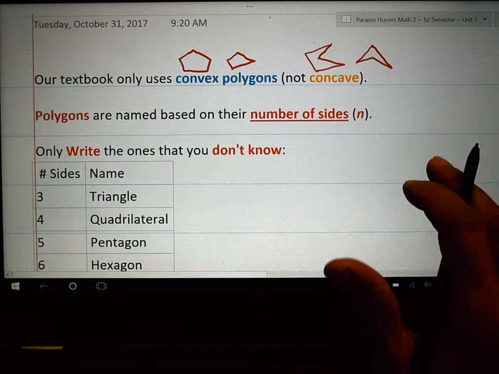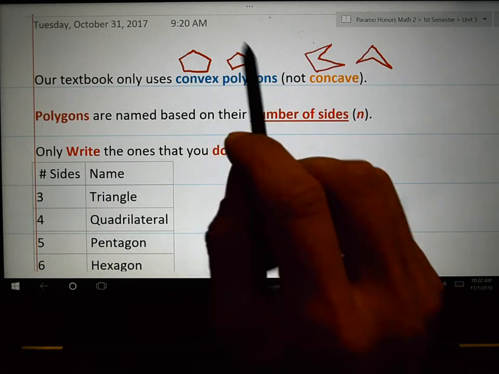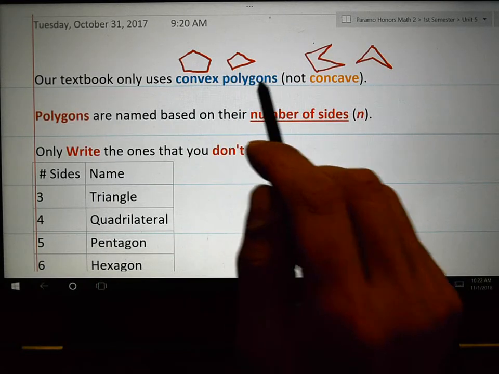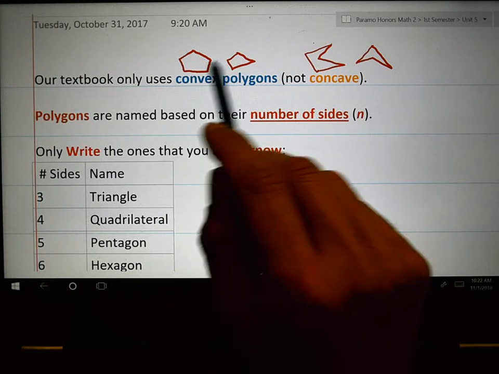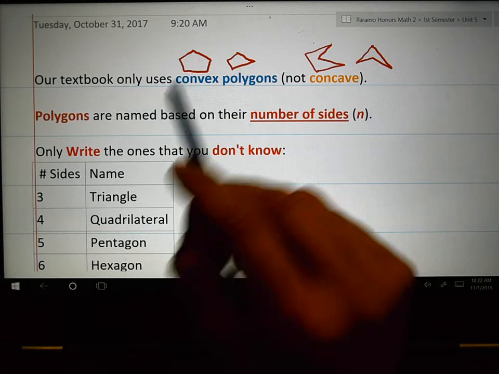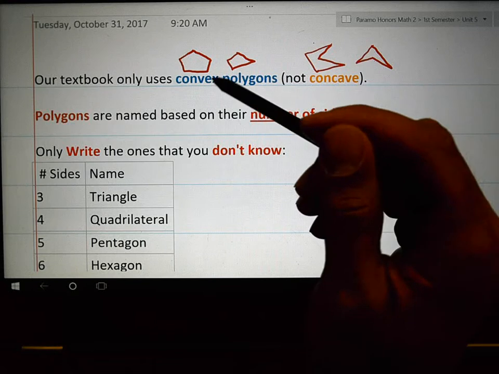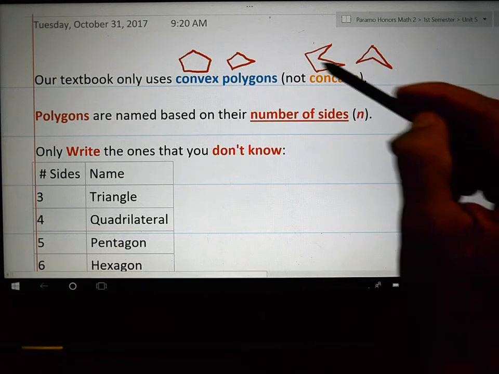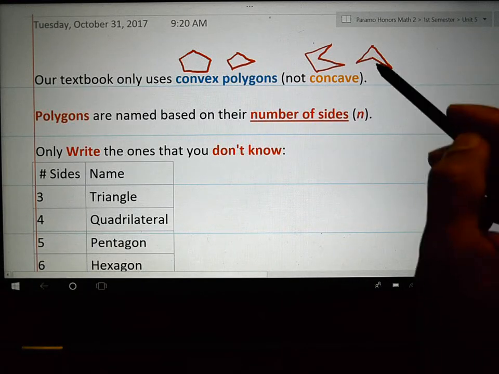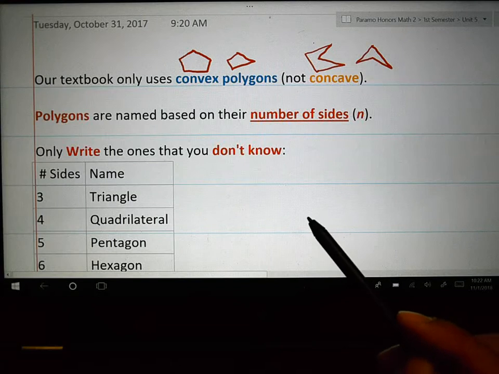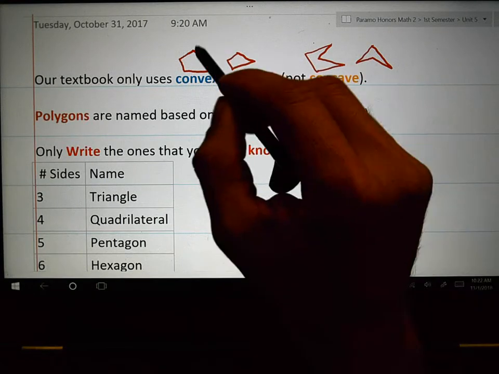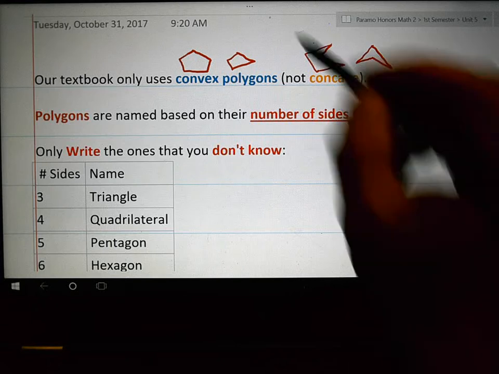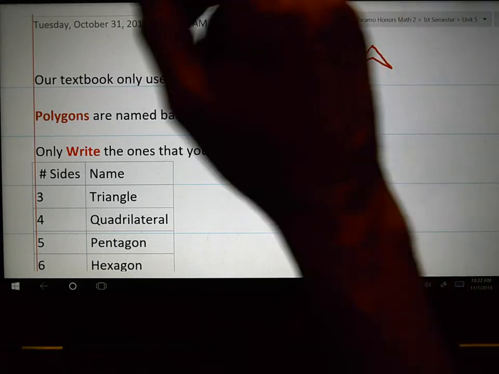One thing I need to let you know about polygons is that our textbook only uses convex polygons, not concave. Convex polygons are like these two examples right here. They are filled in. There is nothing that is indented like these two. If you want to know the actual definition of convex and concave, it has everything to do with extending the line and making something